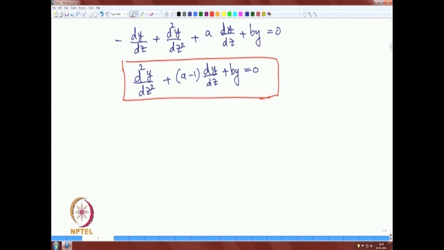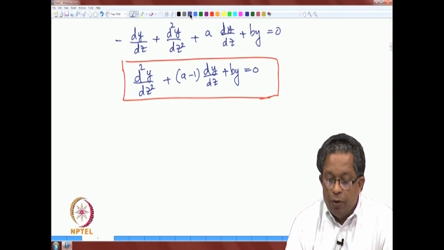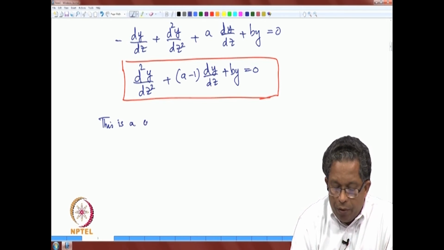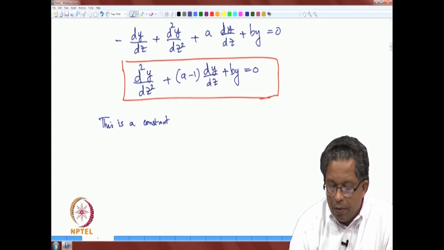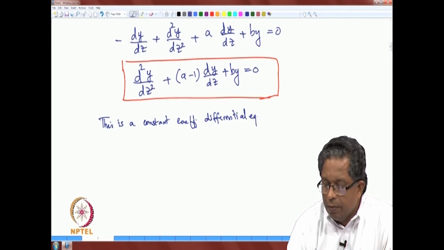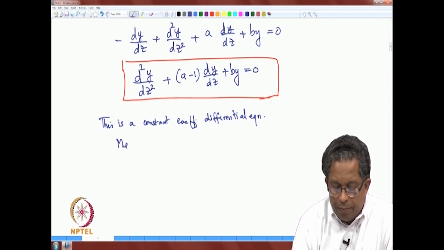So, we started with the Euler-Cauchy variable coefficient differential equation. The transformation reduced this into a constant coefficient differential equation, of course, second order, and this equation can be solved. Now, we are taking the characteristic root. So, it is a constant coefficient differential equation, so the method is